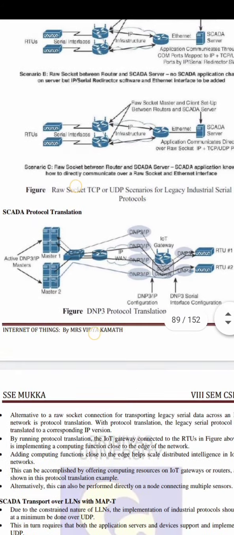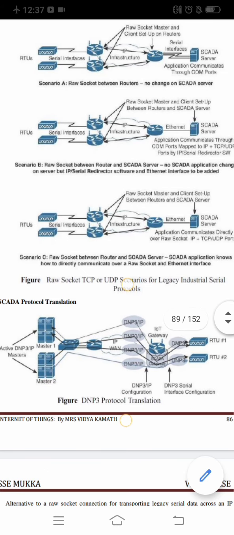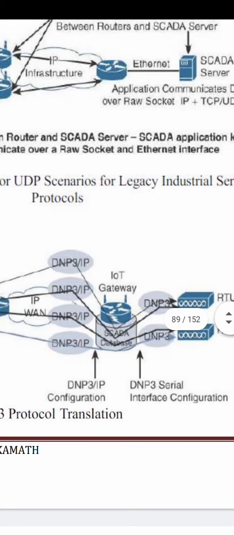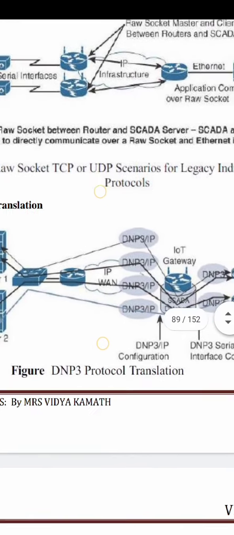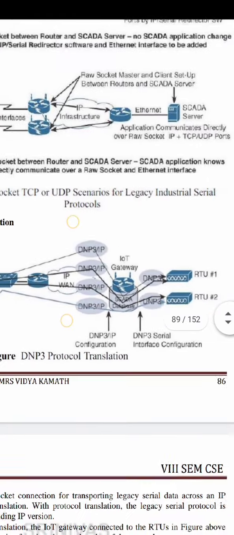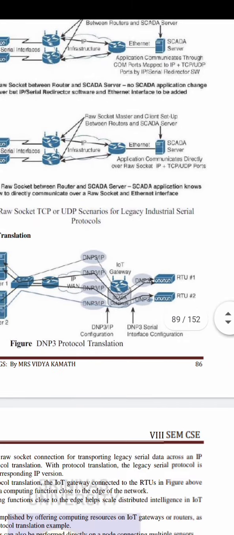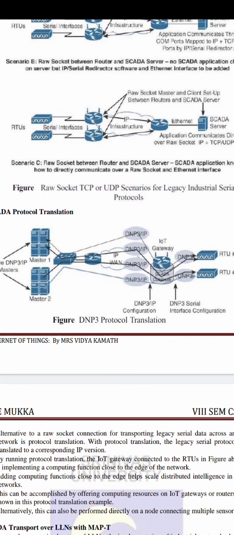Next we will see how the translation happens. In protocol translation, you can see that the gateway performs a conversion, so you're not waiting for the DNP3 messages to be read by the SCADA server itself. If you make your gateway compatible to read and understand DNP3, then the response can be given much faster. These gateways and routers are capable of reading DNP3 as well as IP, and they know how to translate between them.